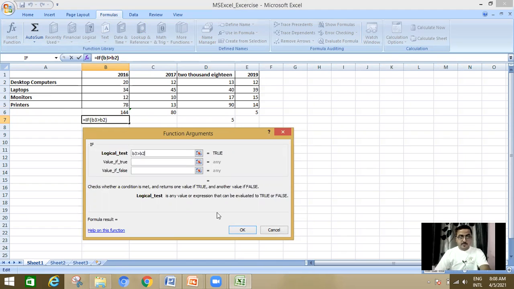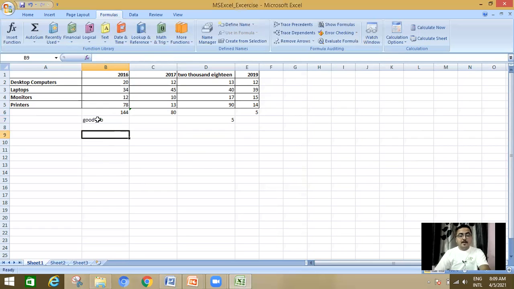If this is true, then I have to print good job. Otherwise, improve. So click on OK. You can see that good job is written over here.